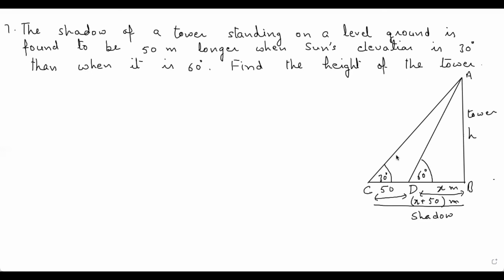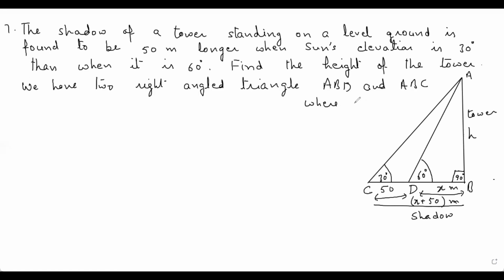When sun's elevation is 30 degree, the shadow of a tower is x plus 50 meter. So we have two right angle triangles, ABD and ABC, where angle B is 90 degree. In triangle ABD, perpendicular upon base